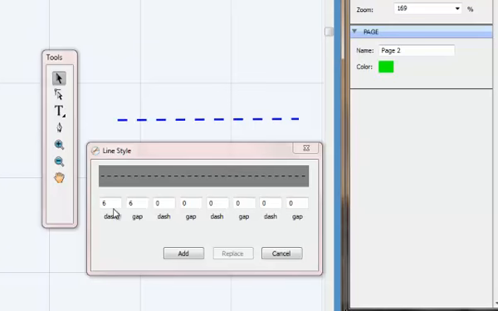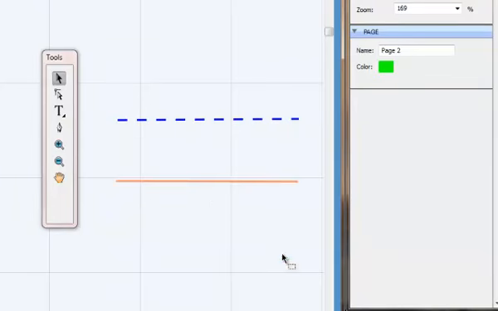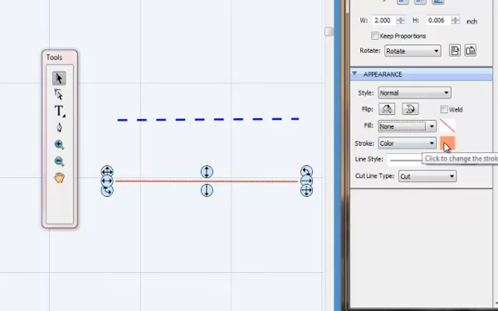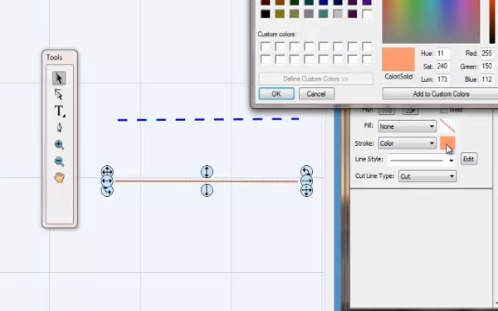So clearly, by putting the first 2 in, what you get is a line that repeats itself ad infinitum, and that's fine. So let's just cancel that. Let's just click on this line, and again, I'm just going to come across here and click on the color and say none for the fill, and then I'm going to change the color of a line, you simply click on the color that is visible, come up, and you can either click on one of these to get a, I'm holding the left mouse key down and ramble around till you find a color you like,